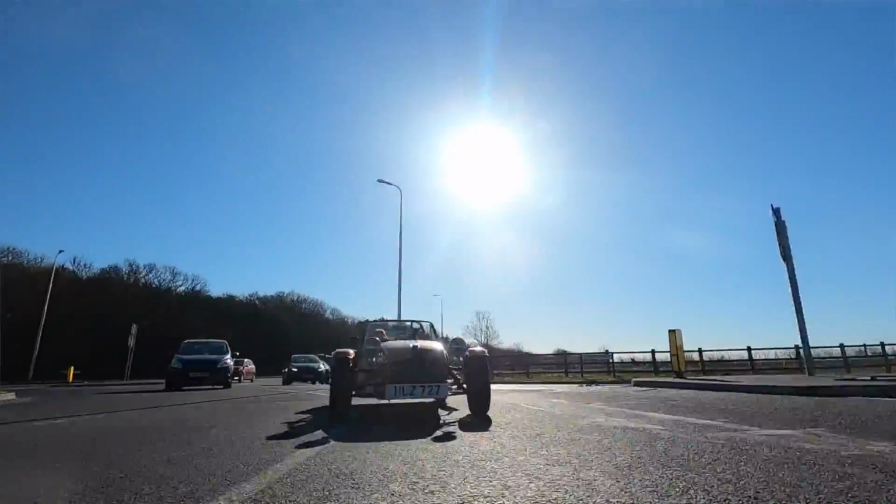The best thing with Caterhams, they're quirky. Everybody loves them and they know there's something special. You drive past people on the road in these, they turn, they look, and they're like, oh my God, what is that? Because it's not a normal car, it's not a traditional car,